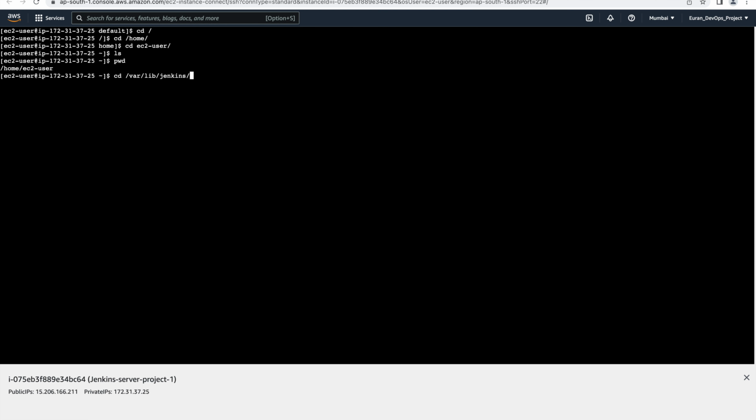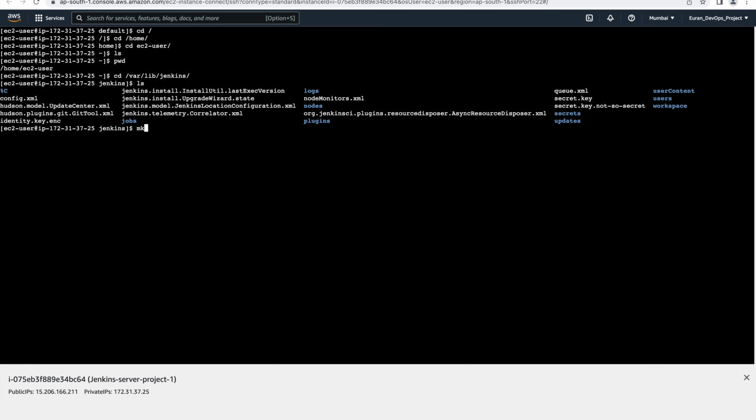Okay, so go to this path using the cd command and do the ls, and here you have to make one directory using mkdir .aws. Now press enter. Now it's saying permission denied, so we will create it with the help of sudo. Give sudo in front of mkdir and press enter. So now go to the .aws